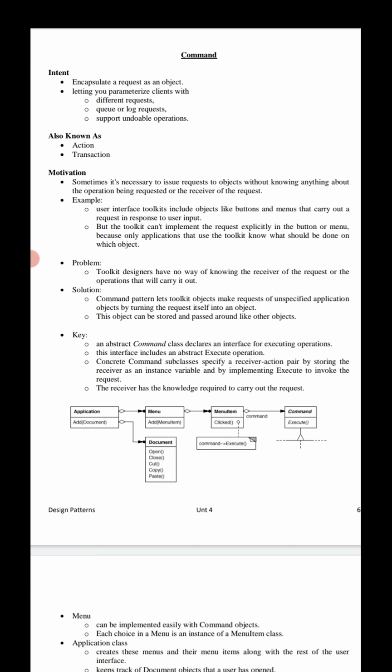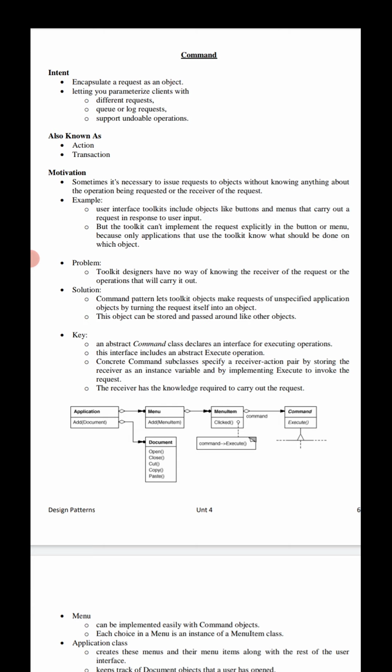Coming to the motivation section, what is the main motto of the command design pattern? It is necessary to issue a request to objects without knowing anything about the particular operation being requested or the receiver of the request. Let us start the motivation section.